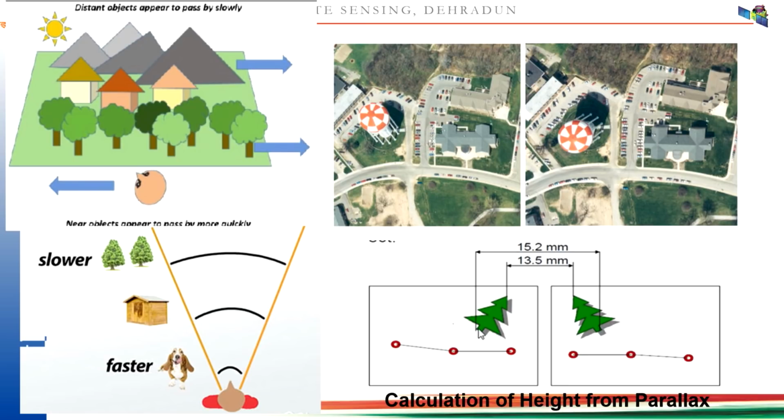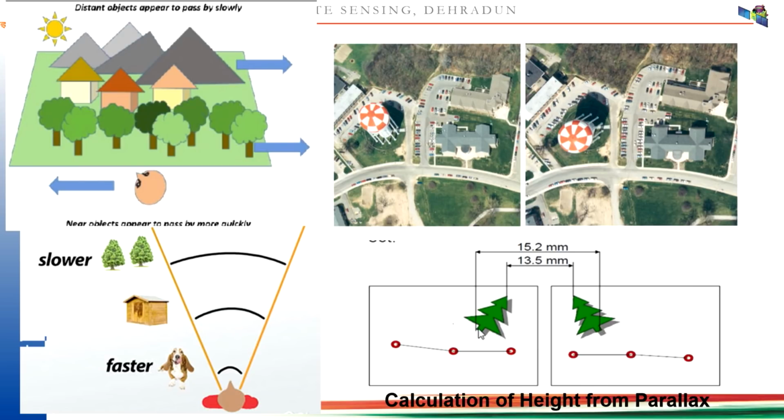Now, when you sit in a moving vehicle and you look out of the vehicle, what will you feel? What will you see? There are certain features which are closer to you, certain features which are far away from you. When you are moving, suppose you are sitting in a moving train and you are looking out of the window, what you will feel is that everything else is moving, whereas all the trees and the houses outside are stable, only you are moving. So this is what parallax is.